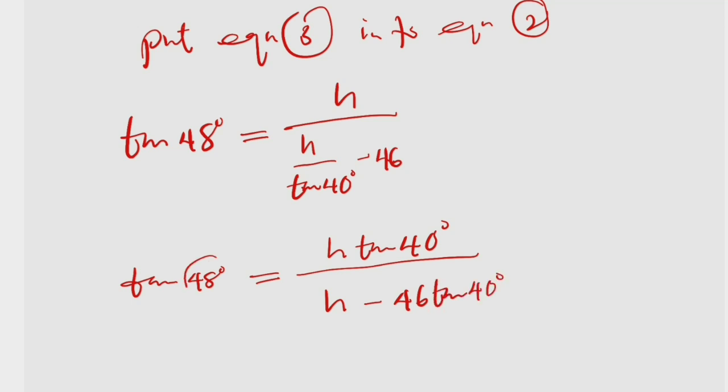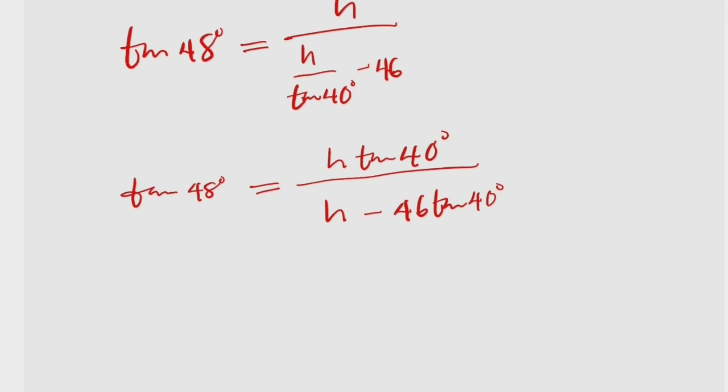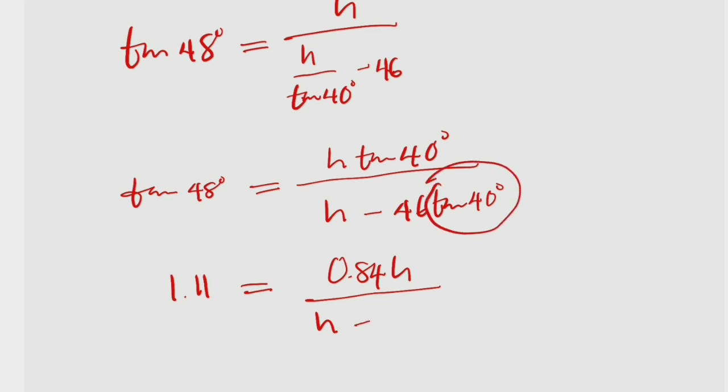So now I would like to find tangent of 48 and tangent of 40 degrees. Tangent of 48 is 1.11 in 2 decimal places. So we have 1.11 equal to, what will be the tangent of 40? Tangent of 40 will be 0.84. So we have 0.84 h divided by h minus, this is tangent of 40, which is 0.84, then we multiply that by 46. Let me do it step by step. This is 46 multiplied by